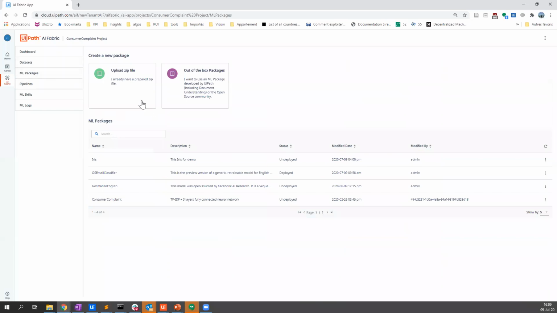And one thing that I didn't show you yet is the out-of-the-box packages. The first goal of AI Fabric was to allow you to use your own model in AI Fabric, but we also realized that many of our customers just don't have enough people skilled to build a model on AI Fabric, and that we, as UiPath, are able to provide you some models that are used by many of our customers and that will work in your case. So there is no interest for you to redo the same model again and again, you can use them from the directory.